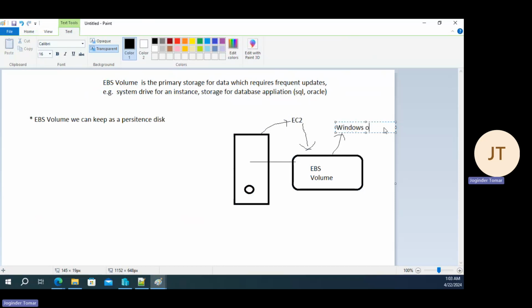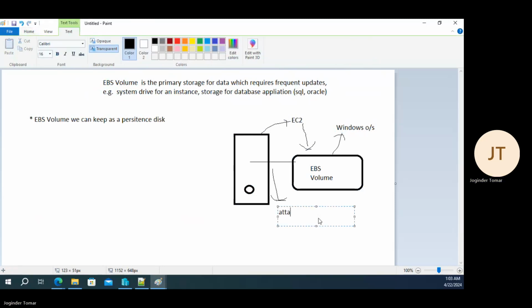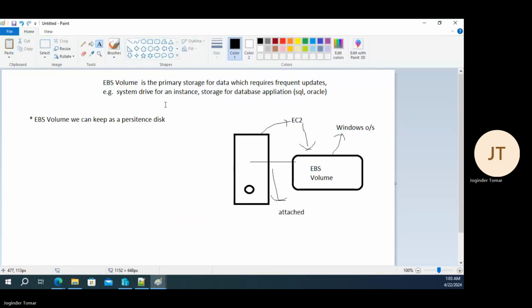Suppose Windows OS is installed inside this EBS volume, and this EBS volume is attached to this EC2 instance. Persistence means, suppose this EC2 instance is shut down or deleted,